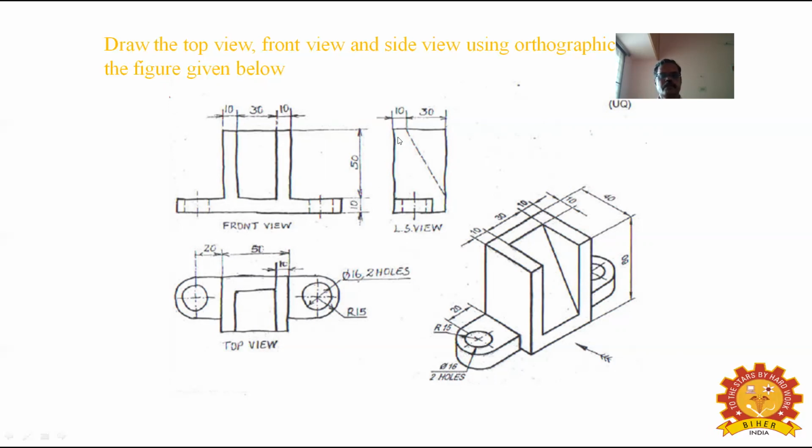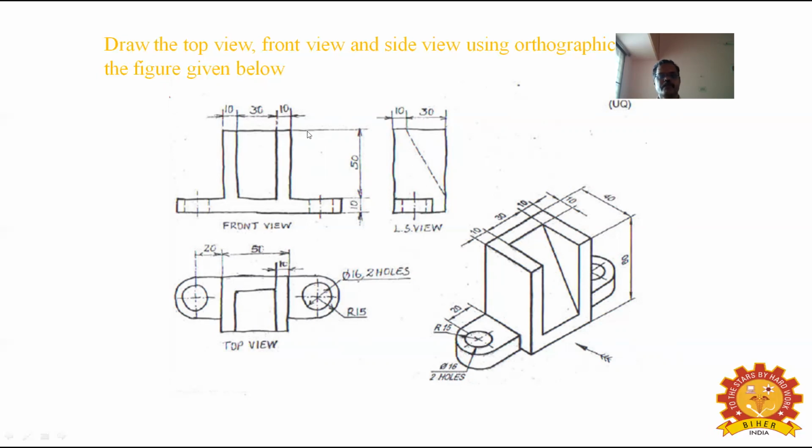Now, how to draw the left-hand side view? In the left-hand side view, you have to draw the collar width first. Only the collar width is visible, and the collar dimension is 30 by 10. Draw the collar. In that collar, you have to draw the circle of hidden edges. Since the circle is a hidden edge, you have to convert it into hidden lines.